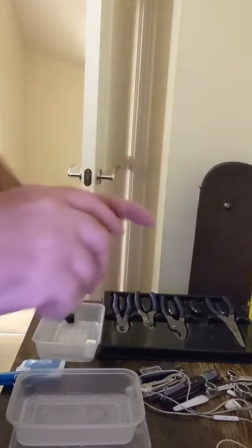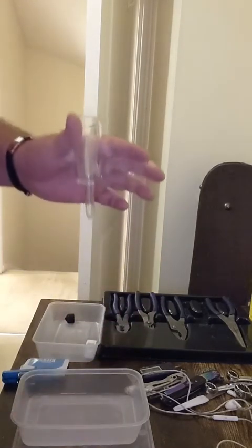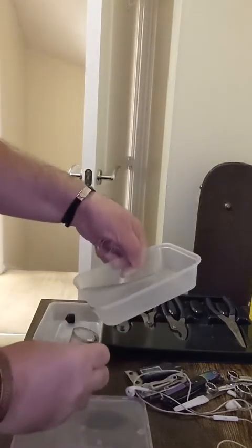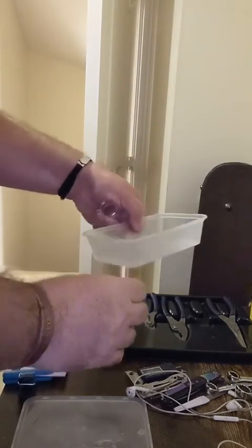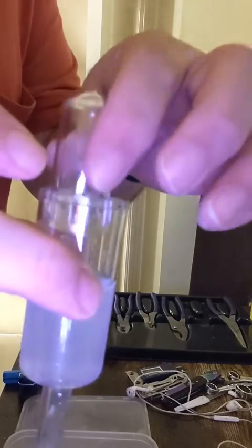So here's our airlock, and what I've got to do is put a little bit of sanitizer, if I can get into it. I've got to put a little bit of sanitizer into here up to the fill line. So let's see how that goes. Right. Then I pop that on top, pop that on there,